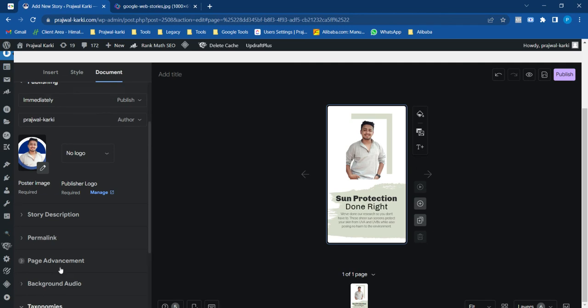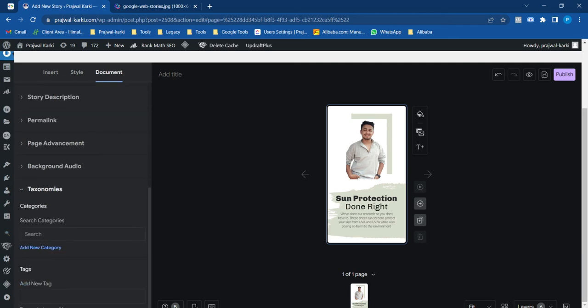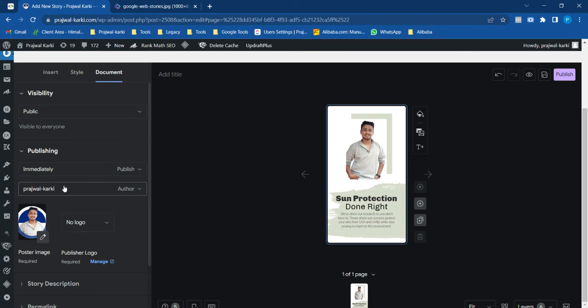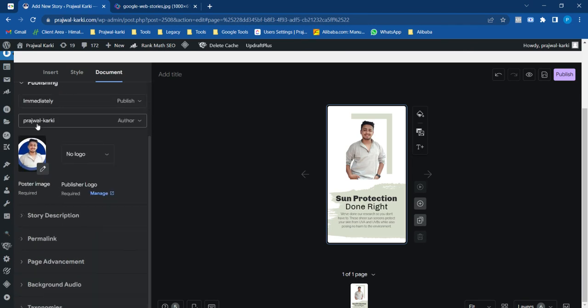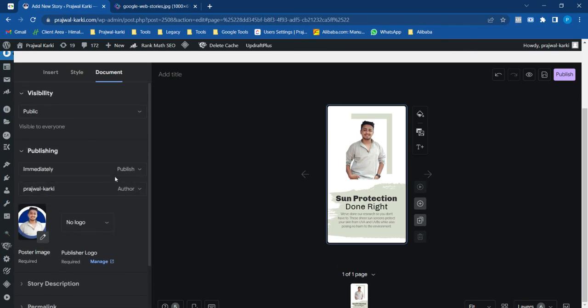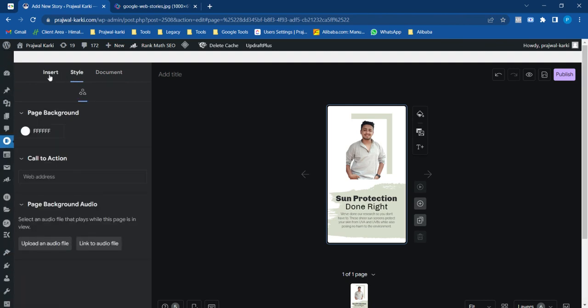Taxonomies is more like giving tags and categories. So I can put it under digital marketing or anything. Tag is basically defining which tag contains this story. So this is it, guys. We have done everything. We have set our elements. We have set our images. We have made our templates. We are all good. Now, all I need to do is